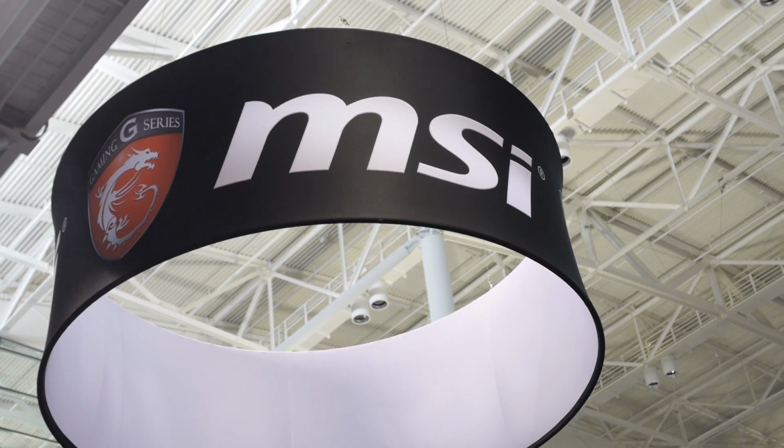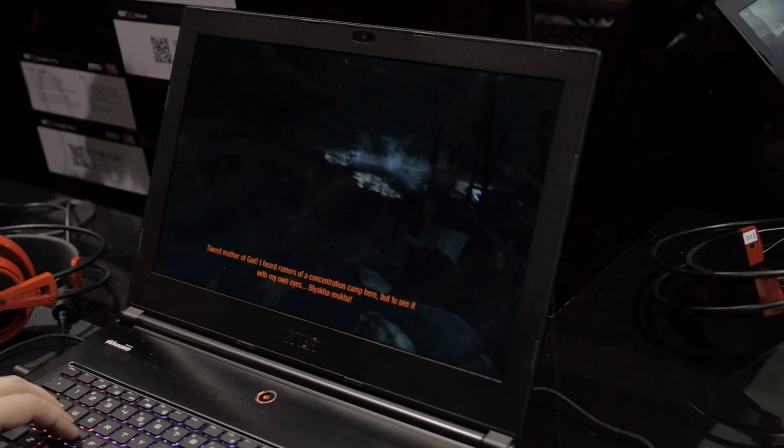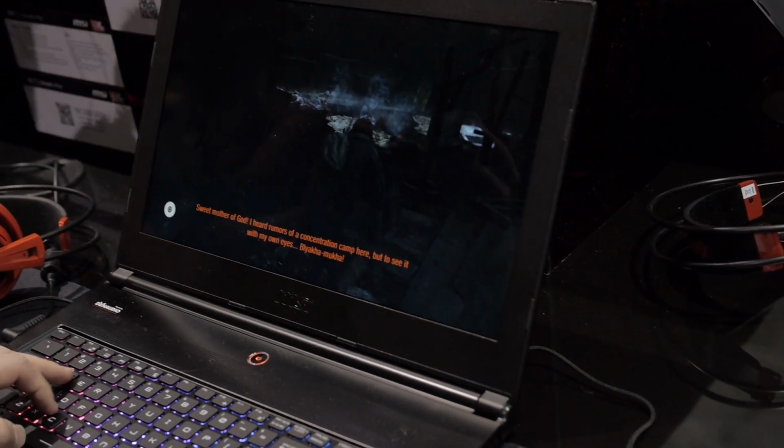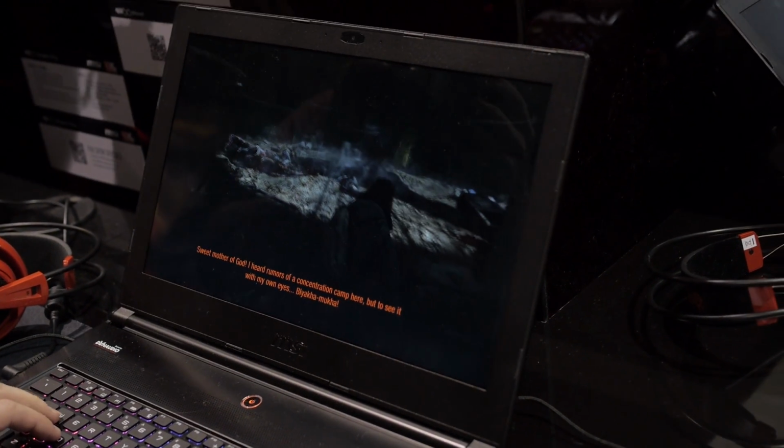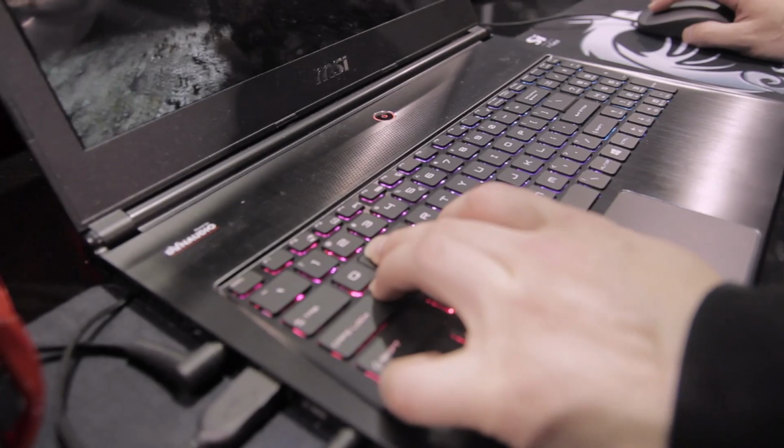Right, Vincent, we're here with MSI, and you have a 3K 15-inch laptop. Is this a joke or what's going on? It is no joke. This is our 15-inch GS60 Ghost. The GS60 Ghost, as you know, has already been announced, but we do have a 3K version of it here